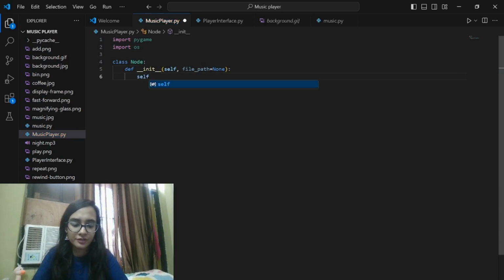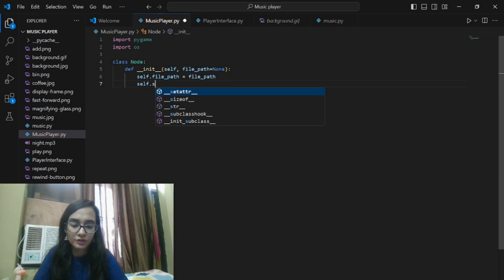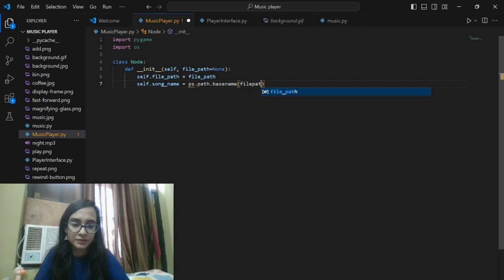Now self.file_path would be file_path, and self.song_name would be os.path.basename(file_path)